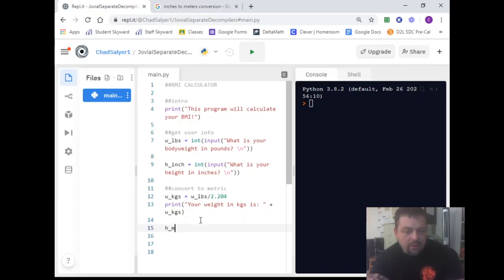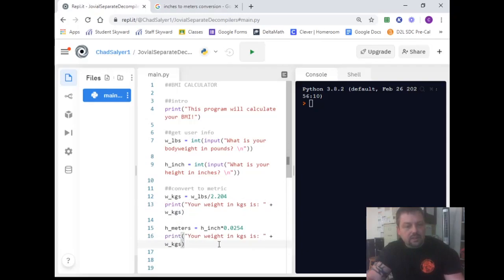Height in meters equals the height in inches times that conversion factor. And we'll do the same printout. Okay, so this was our step 1, this was our step 2, this was our step 3.